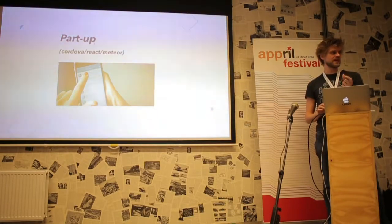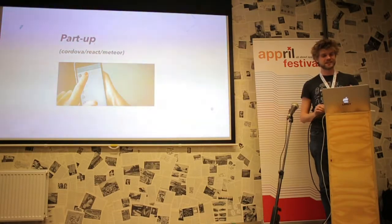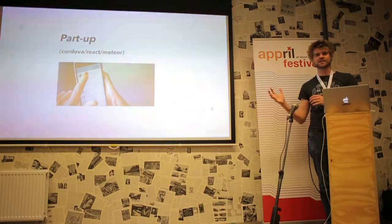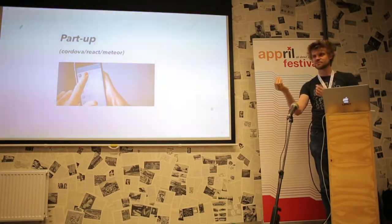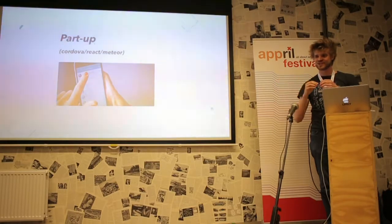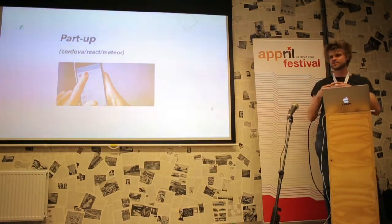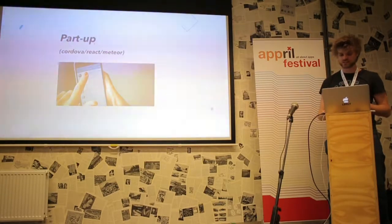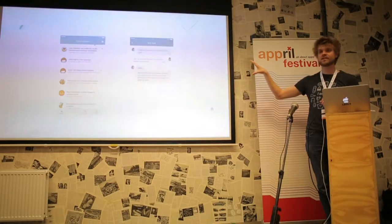And we used React as the web framework, and it's connected through Meteor with the backend. I don't know if anyone here knows the Meteor framework. The great thing about Meteor was that it opened a WebSocket connection. So you don't have a REST endpoint, but a DDP endpoint, which means that you have a WebSocket connection, and when something changed at the server, it was immediately pushed to the local device. So this meant that we could do these kinds of applications with notifications and live chats